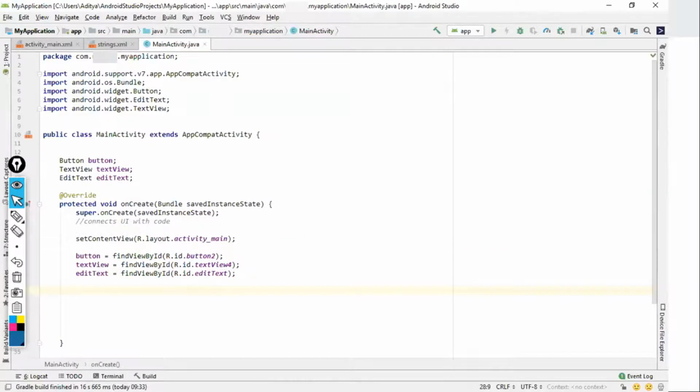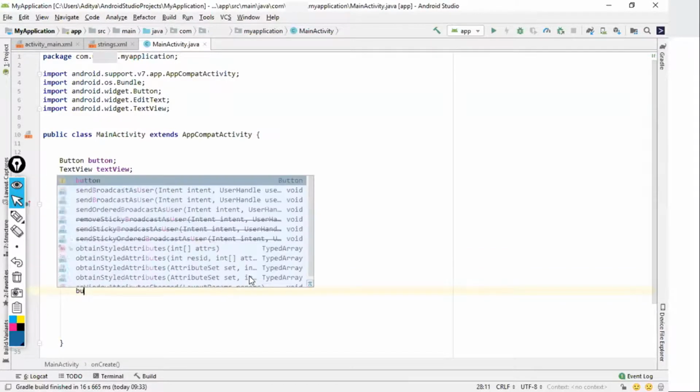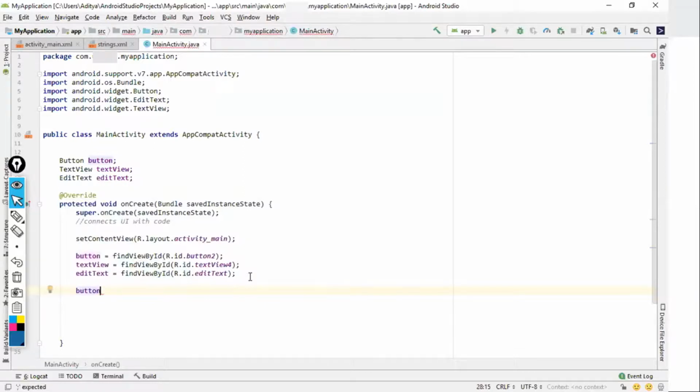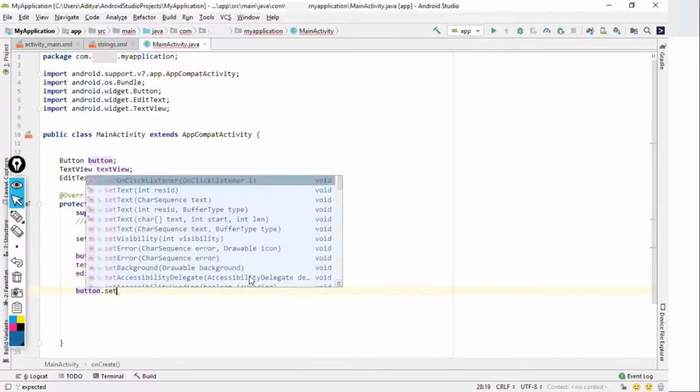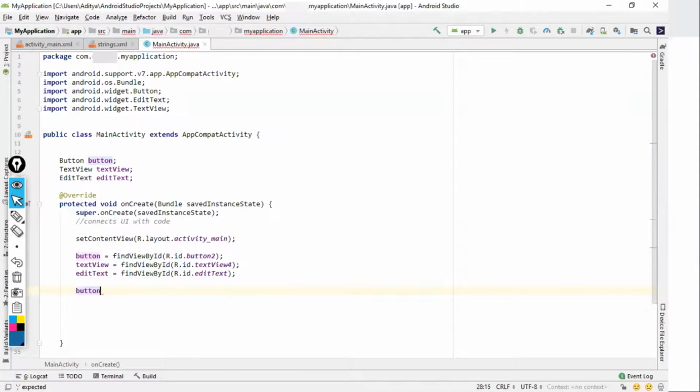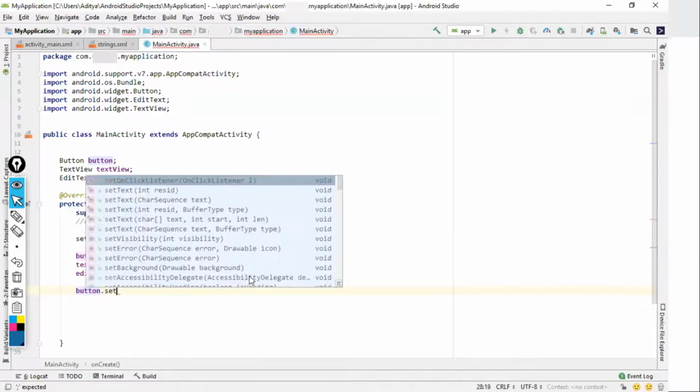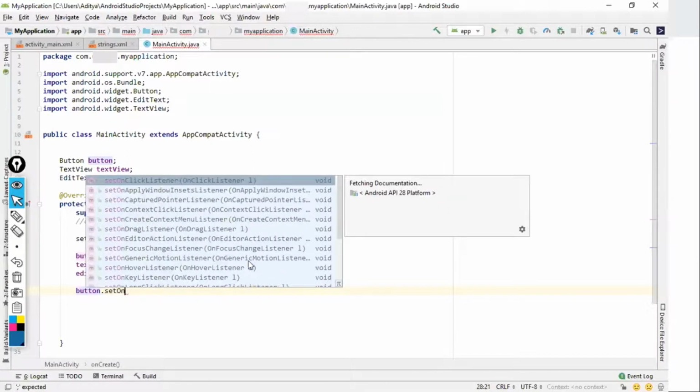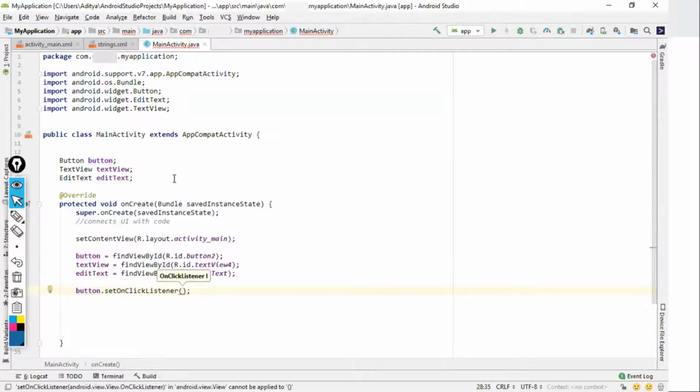I want to do something on button. So I'll call this button object, and there's a function which is known as setOnClickListener. So I'll just type button dot set on. Can you see the first thing which Java is offering me? Can you all see the first line, setOnClickListener? I'll press enter. Now it is a function which actually demands certain parameter.